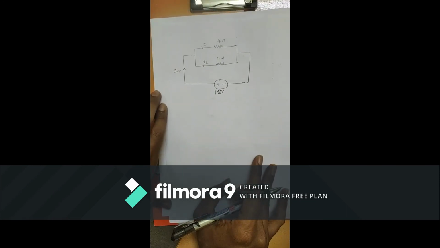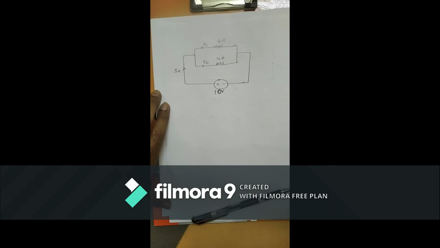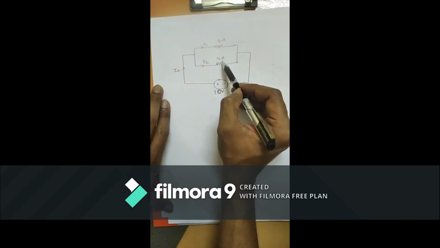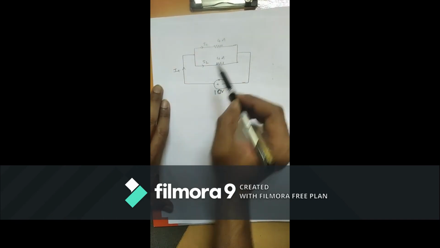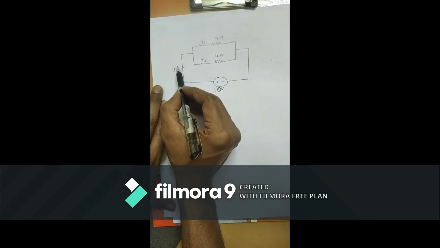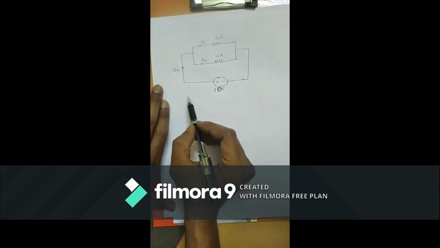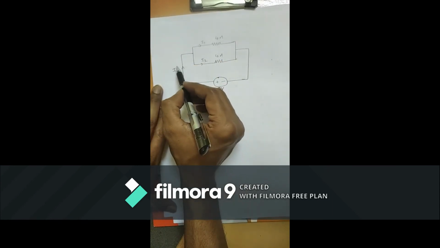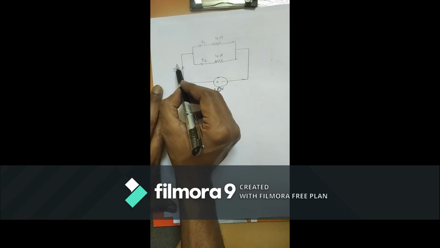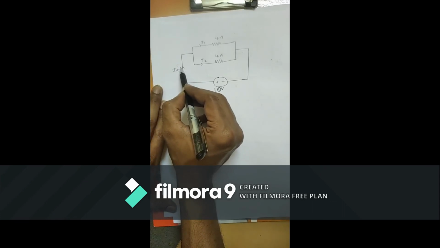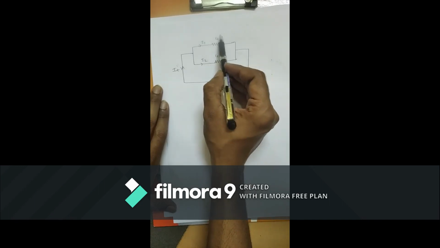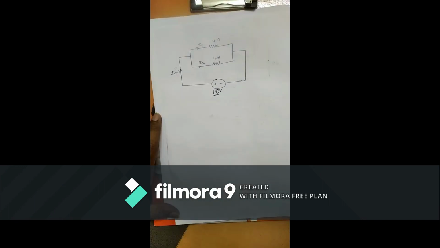I have one more problem here. Just look at this problem. Here I have 4 ohm and 4 ohm connected in parallel, and here they have not given the total current. To apply the current division rule for this network, I require this total current. So first you find this total current by using Ohm's law. They have given the total voltage, 10 volt, and they have given the resistance.